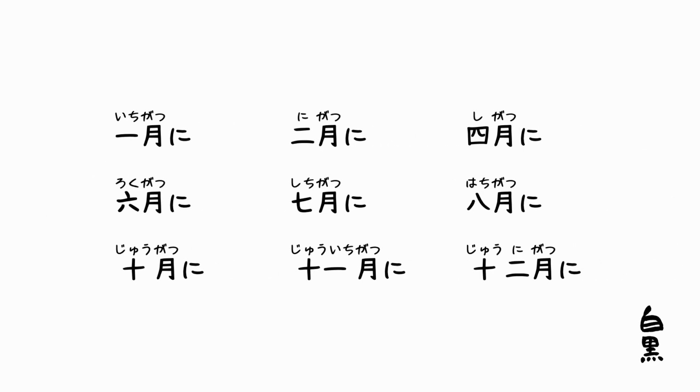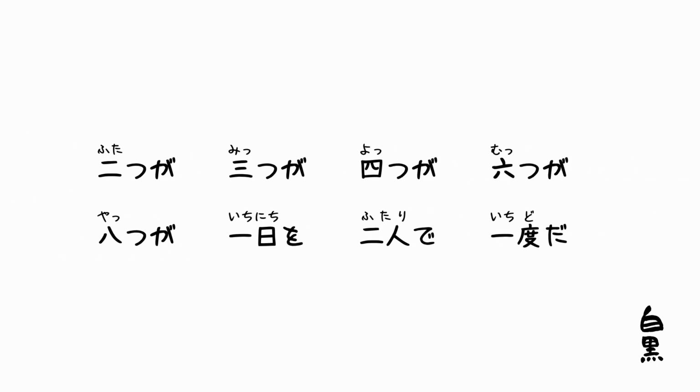Next, words indicating months. 1月に、2月に、4月に、6月に、7月に、8月に、10月に、11月に、12月に。And words indicating quantities. 2つが、3つが、4つが、6つが、8つが、1日を、2人で、1度だ。